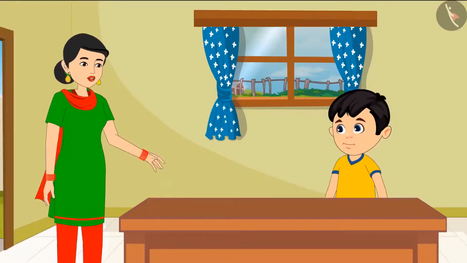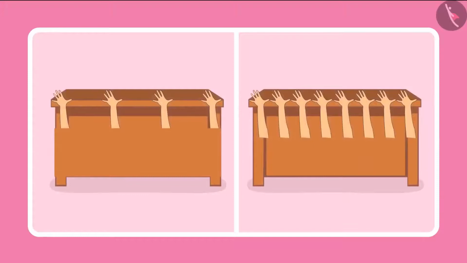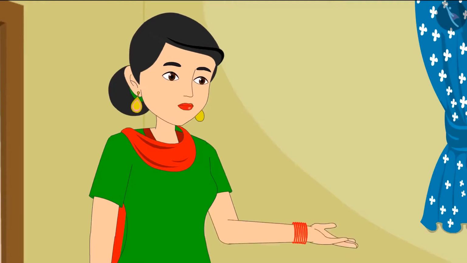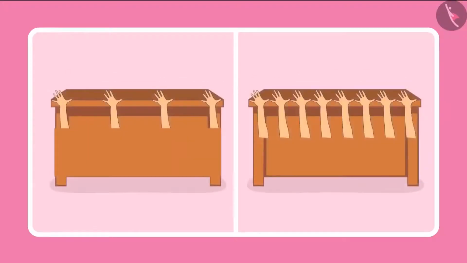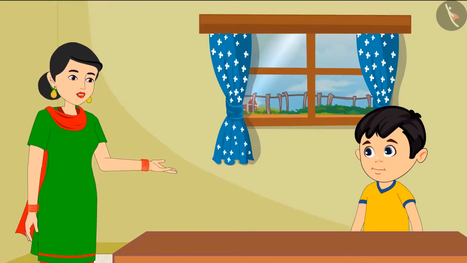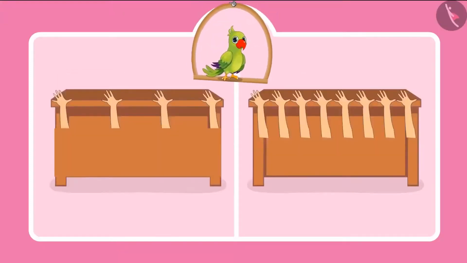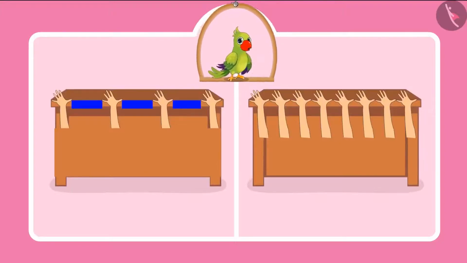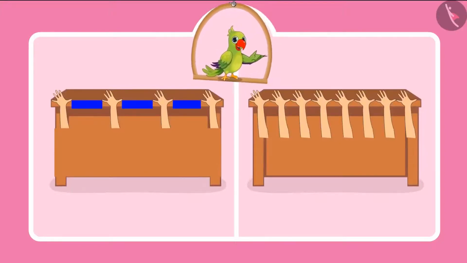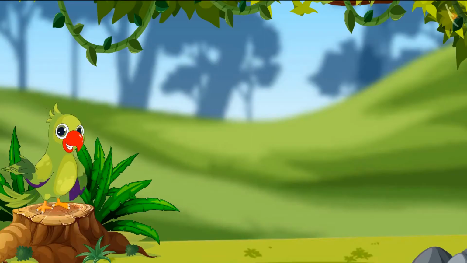Now you understood, Chotu. While measuring objects, we should not leave space between two hands. If we do not measure the entire length or miss any space in between, then the measurement will be wrong. Okay, Mummy. This means that whenever a measurement is to be made, there should not be any space left between two measures. You are absolutely right, Chotu. So children, did you see? You should not leave a space between two handspans because that measurement might go wrong.